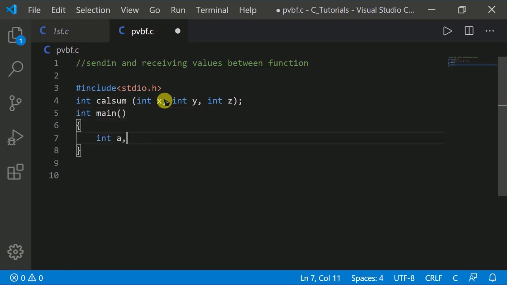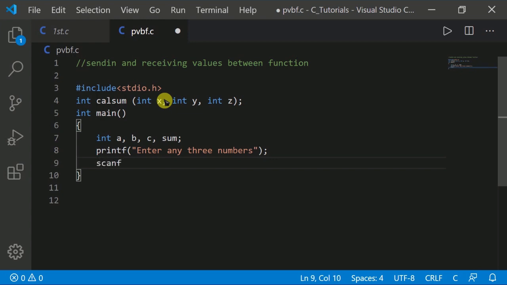Now the main function: int a, b, c, sum. Now use the printf function and write "Enter any three numbers". After that use scanf and use %d three times because we are inputting the three values a, b and c.